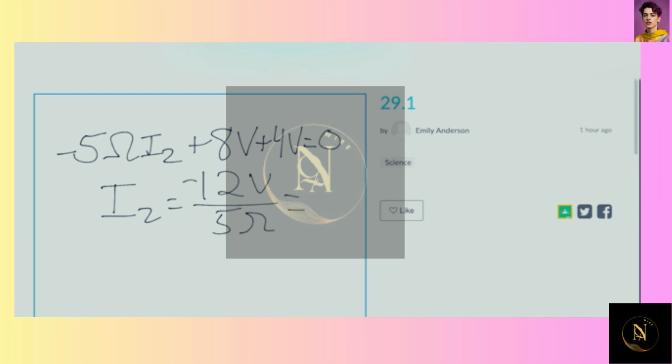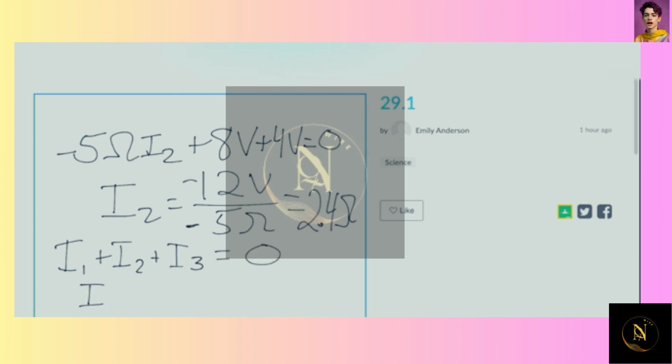I1 plus I2 plus I3 equals 0. All right, so I3, which is what we're looking for, our last current, equals negative I1 plus I2